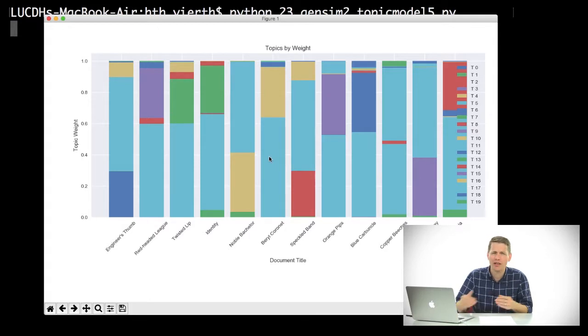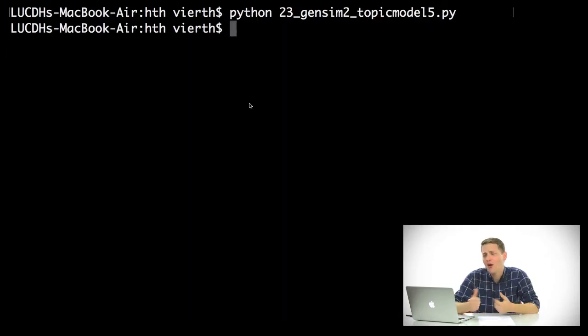Now you can play around and try to create a color palette that doesn't have any repetitions, but this is going to get more and more difficult the more topics you have. So don't worry too much about it, but visually this may not be the best way of interpreting it. But now you know how to actually do it. So now you know how to actually build and run a topic model